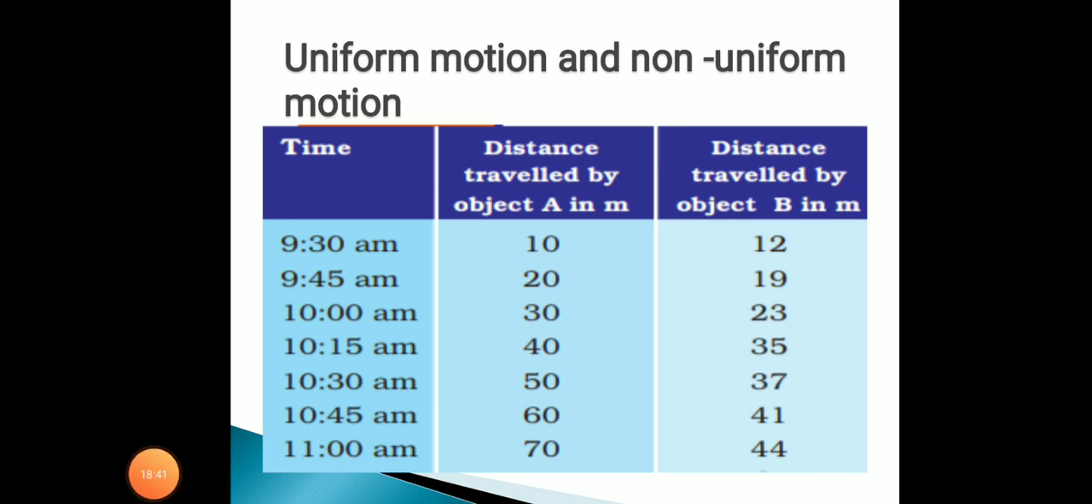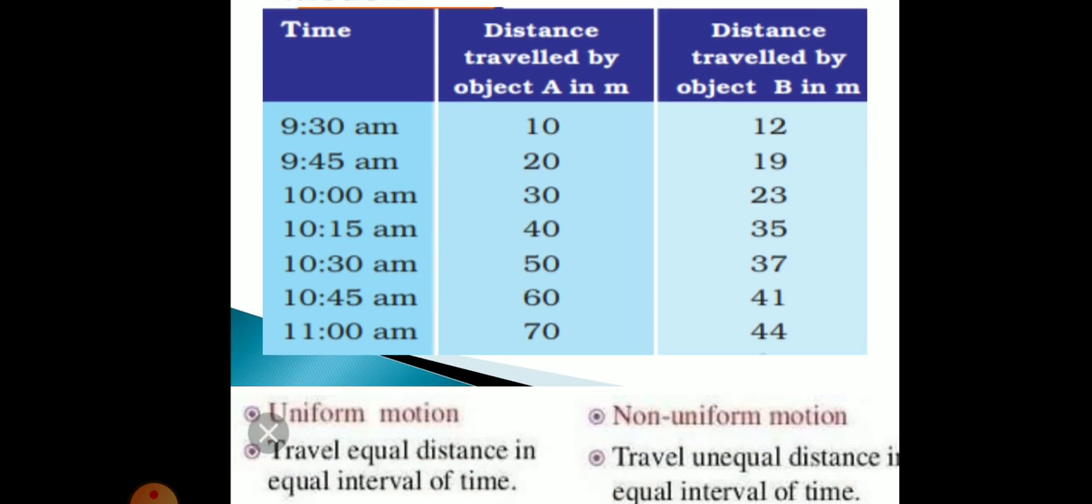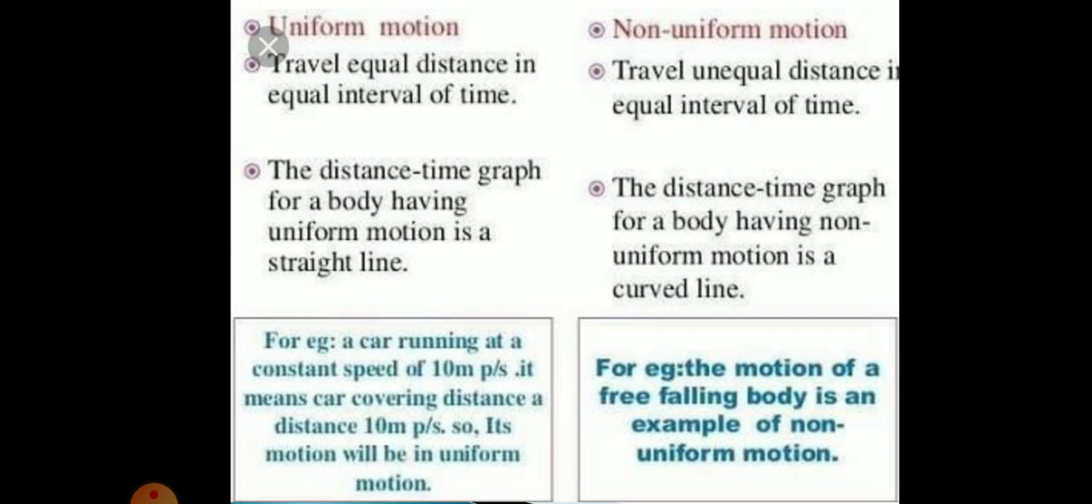So everywhere the distance traveled by the object is changing. So we can say that if an object travels equal distance in equal intervals of time, then that object is said to be in uniform motion. Whereas if the distance traveled by an object is unequal in equal intervals of time, then it is said to be in